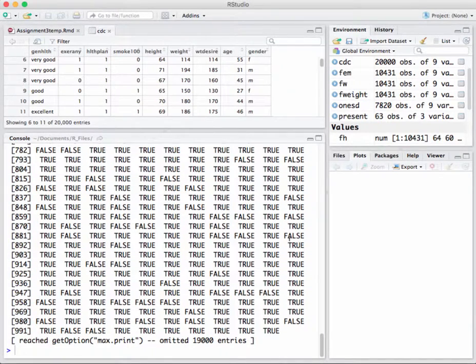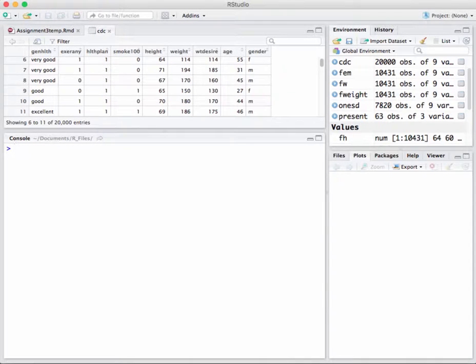Let's go ahead and clean up my console here, get all this nonsense out of the way. So what I would like to do is first make a new data frame. And the data frame I want to make would be just the males. So to do that, I can go mdata, or male data. This is just a name. It's the one that they chose to pick in the lab. And then I'm going to make that equal to, and now I'm going to use my subset